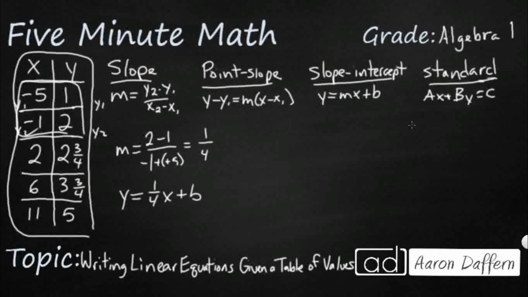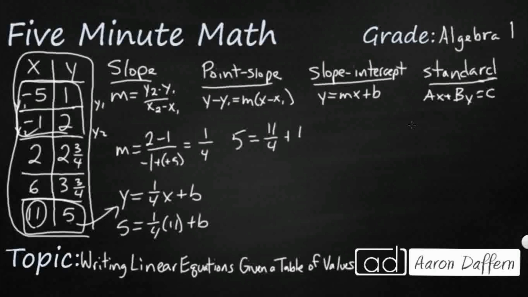Now I've got two options here. I can use my point slope form, or look, I can just take 2 points and plug them in here. Let's try that. So let's take my 5. So 5 equals 1/4, here's my x, times 11 plus b. All I got to do is isolate that b. So 5 equals